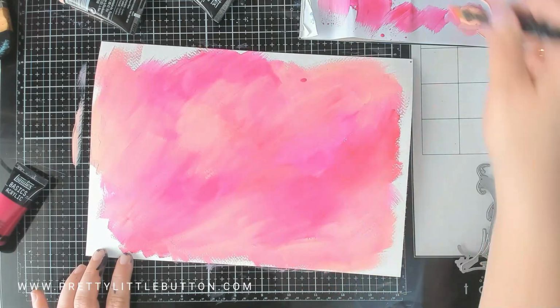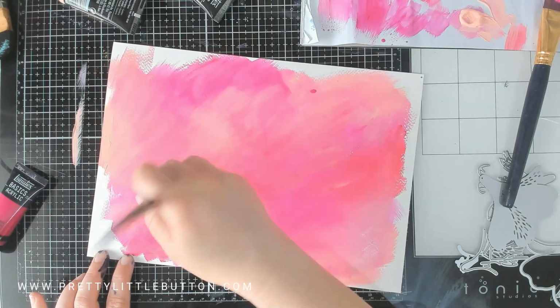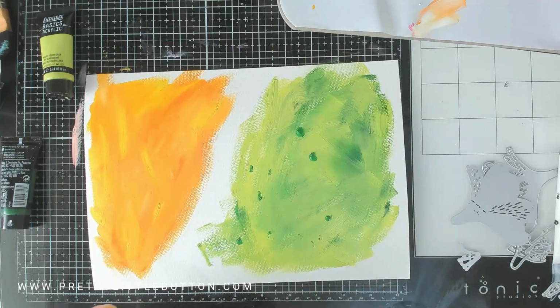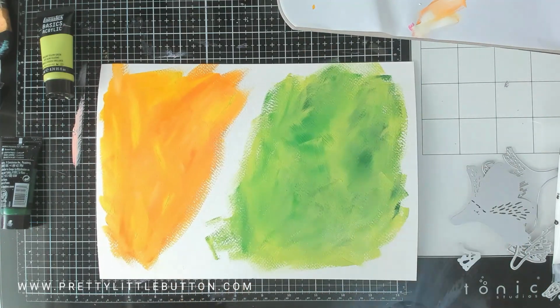Now, I'm not keeping this neat. I'm not trying to get a perfect blend. I'm not making it smooth. I want some interest, I want some texture, and overlapping the colours like this is the perfect way to do this. Once it was complete, I set it to one side to dry,